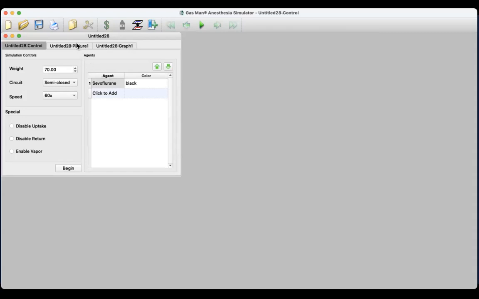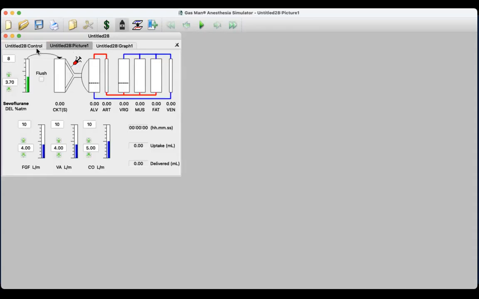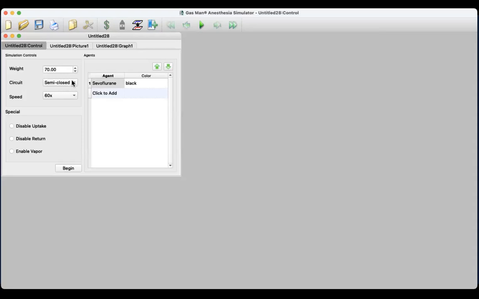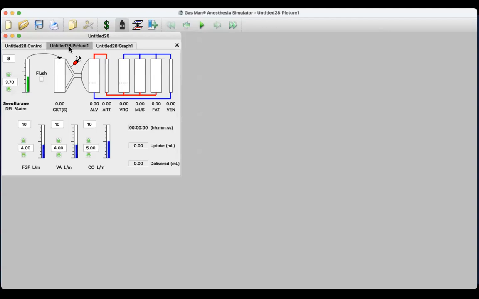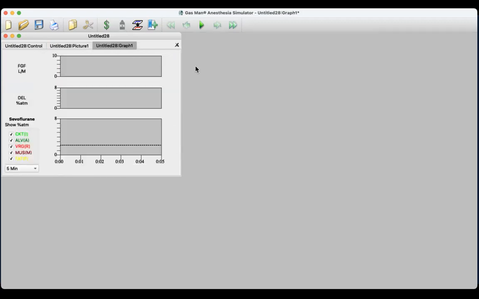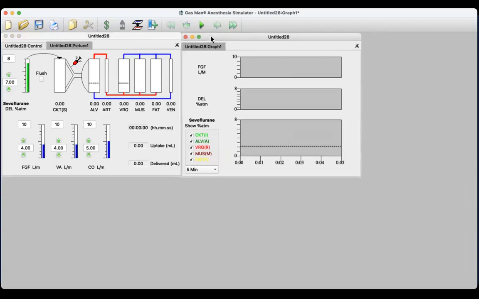It will be sevoflurane in a semi-closed circuit in a 70 kilogram patient. We will turn the vaporizer up to, let's turn it up to 7%. And now I'm typing in the number 7 to get it there immediately. And what we're going to look at is a graph of the time course of